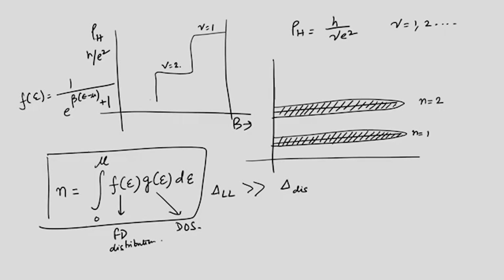Now, as you have magnetic field in the problem, they are still non-interacting, but the energy levels change. If you still want to calculate, your n becomes a function of B, or rather your mu becomes a function of B. That is, your chemical potential continuously has to adjust itself so that it can accommodate more and more electrons into the system as B becomes larger and larger. So this chemical potential, as you change B, acquires a dependence on B, and when you change the magnetic